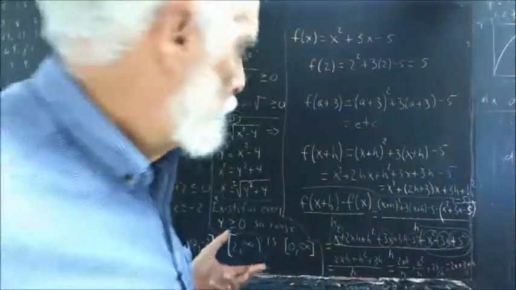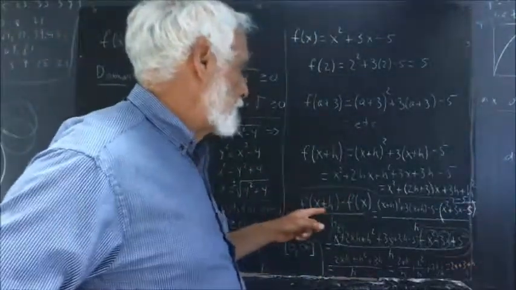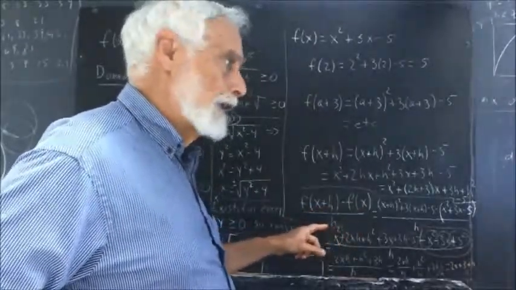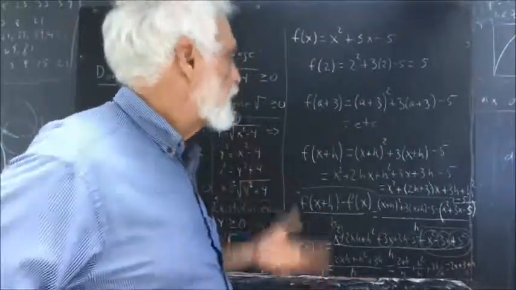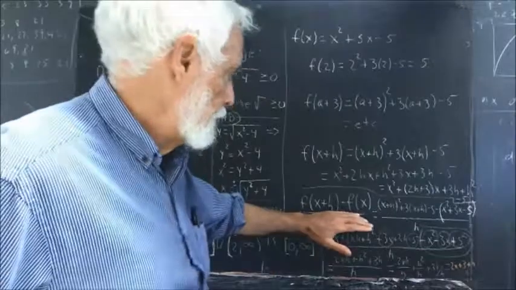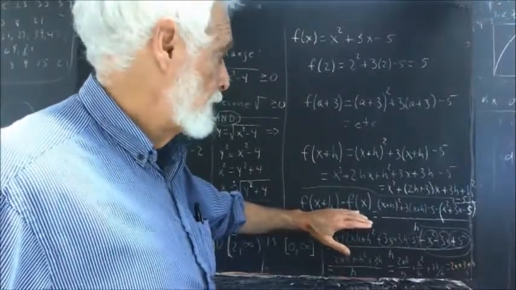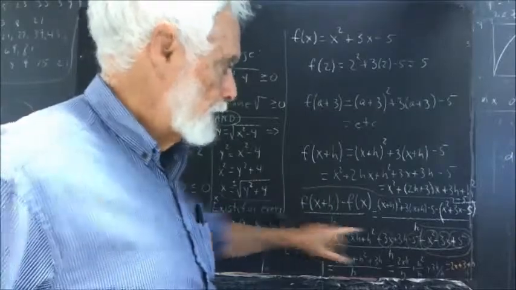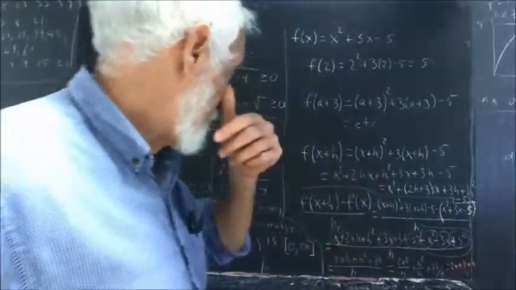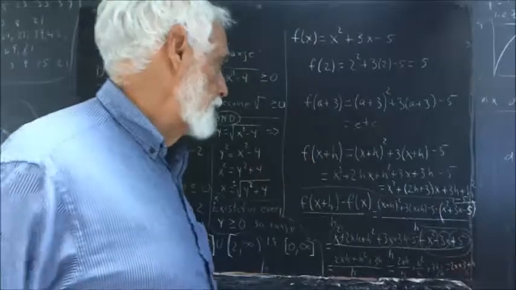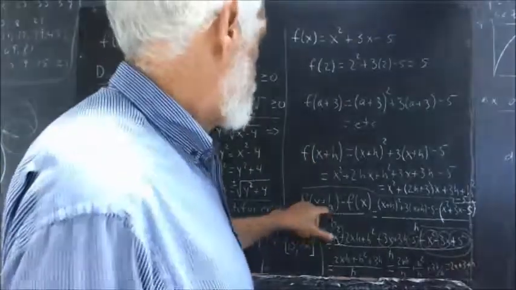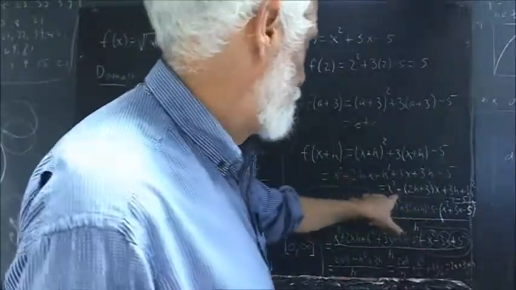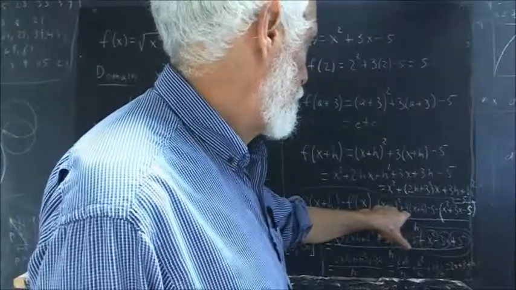Okay, now we go to this expression: f of x plus h minus f of x, divided by h. Now, I did ask you one step just to do f of x plus h minus f of x. So let's just see what that is, and then we're going to get that expression over h. So we just have to put an h in the denominator. Okay, well, f of x plus h is what? Well, we saw up here that it's x squared plus